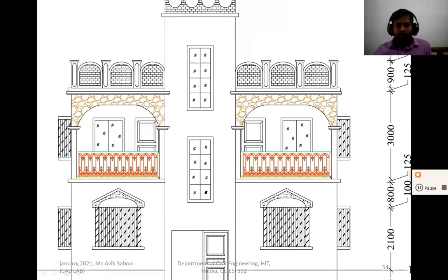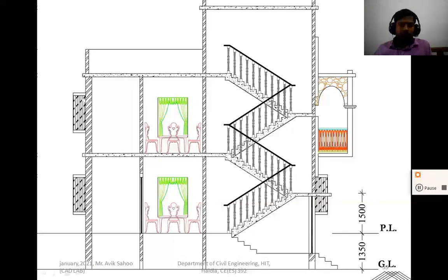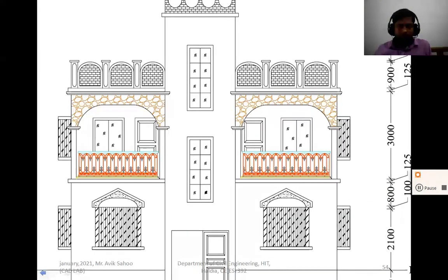This is a front elevation. So this design, the railings, you may do or not do, it's your choice. New design you may add, but you have to develop this thing.